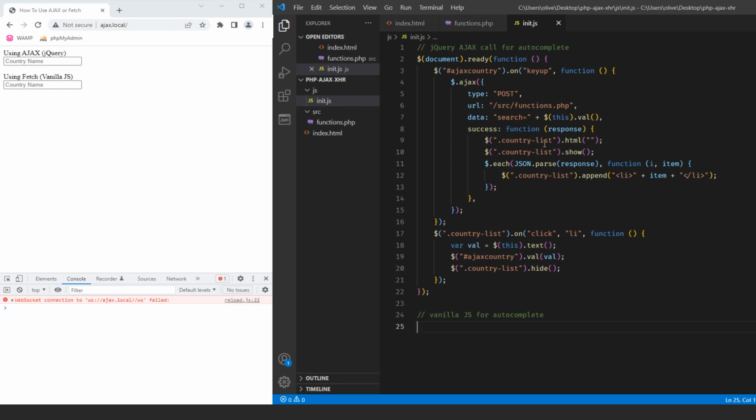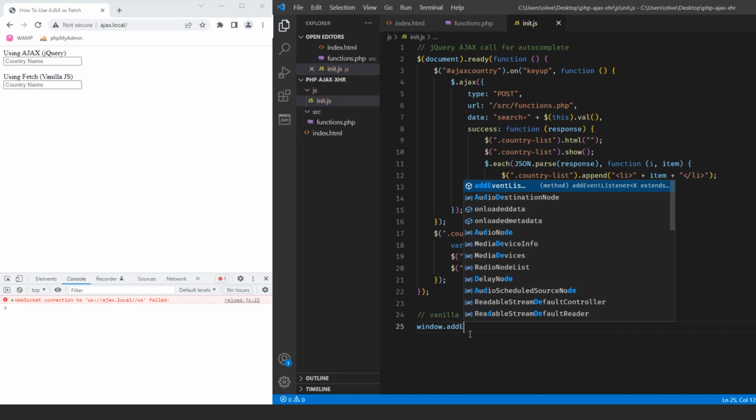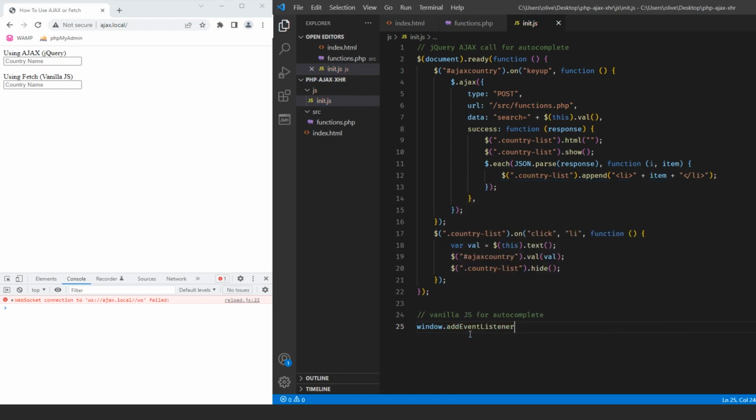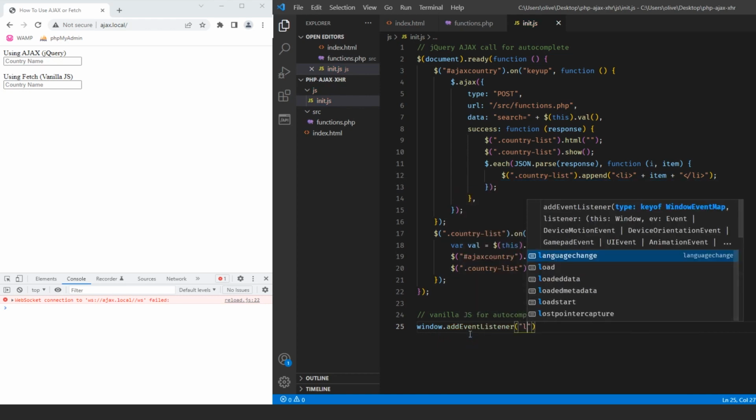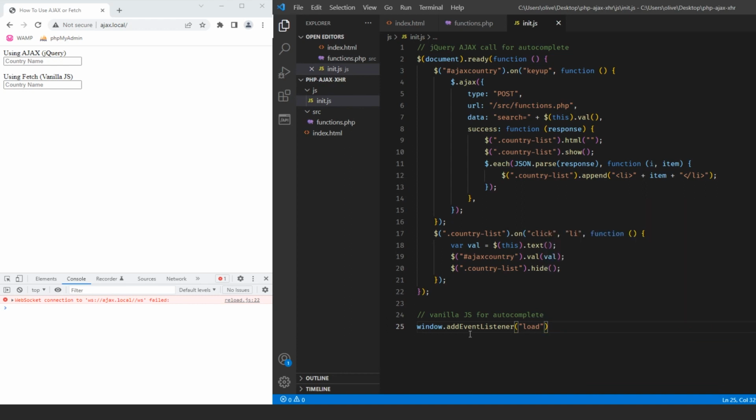Okay, so we are basically going to replicate what we have up here, but we are going to do it in vanilla.js. So there is no document ready. You also have the $ gone, so let's do the vanilla.js version of those. So instead of document.ready, we're going to do window.addEventListener, and for this event listener, we're just going to have it come on load. And then we want to run a function,